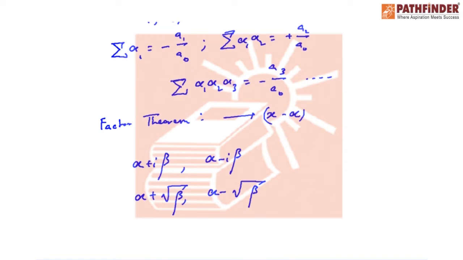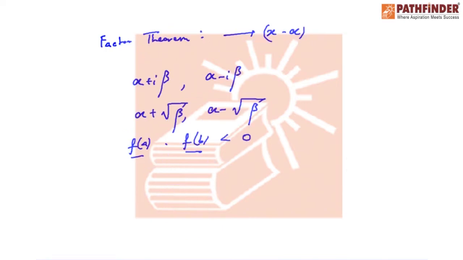Of course, if there are two numbers, let us say a and b, such that f of a and f of b are of opposite signs, that is their product is negative, it means that f(x) equal to 0 must have at least one real root between a and b. This comes from the basic concept of polynomial graphs. Now also every equation of odd degree has at least one real root of a sign opposite to that of its last term. This has to be kept in mind.